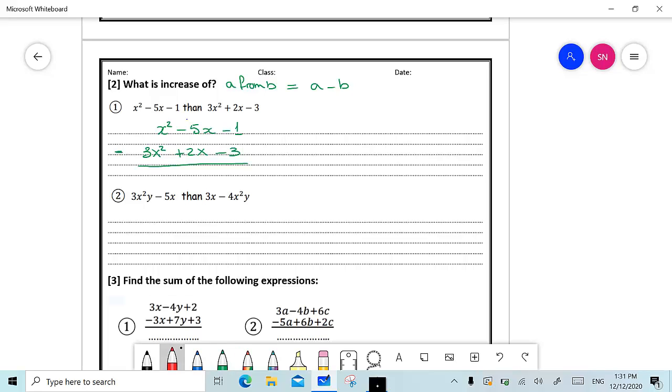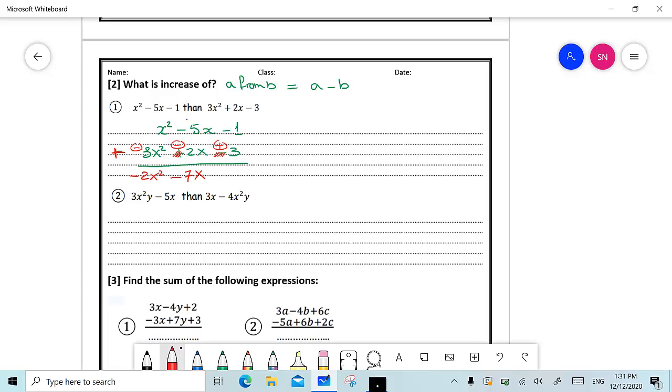The first step I should do is change the subtraction to addition, change all the signs to their opposite. And after changing the signs to their opposite, don't forget to cancel all the old signs. Now I have 1 plus negative 3 and 1 plus negative 3, this is equal to negative 2. So negative 2x squared. And then I have negative 5 plus negative 2 and negative 5 plus negative 2, this